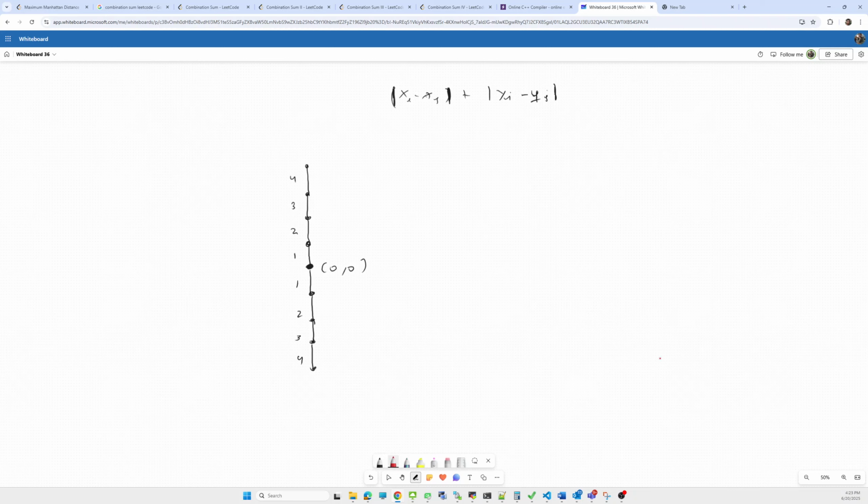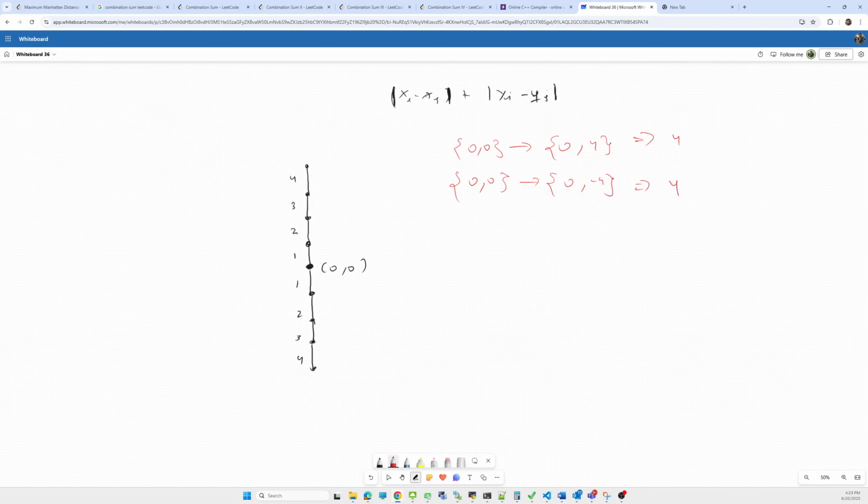So there will be two states: 0 comma 0, and the second state will be x is 0 and y will become 4. The next state will be 0 comma 0 for this south one, but it will be 0 comma minus 4. So for this the maximum distance will be 4, and for this one also the maximum distance will be 4.